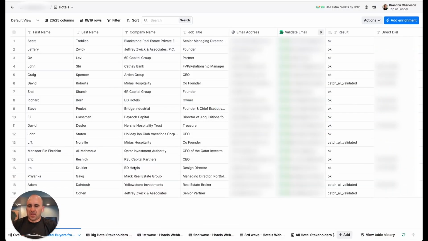So I am in a Clay table, and if you haven't already noticed, they recently launched the workbooks feature, which is currently in beta, but essentially it's converted the workflows into multiple tables into one workbook. So it's similar to your Google Sheets or Excel, where you have multiple tables all in one workbook where you can neatly organize all your different tables. It's really helped me a ton, and I continuously use it to build out multiple tables for different reasons,